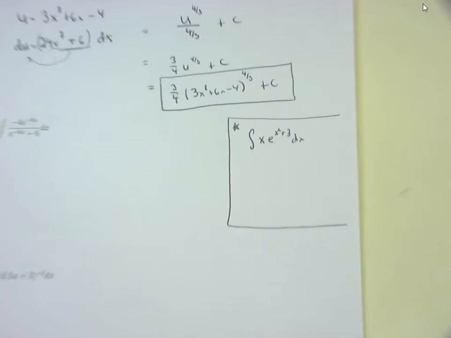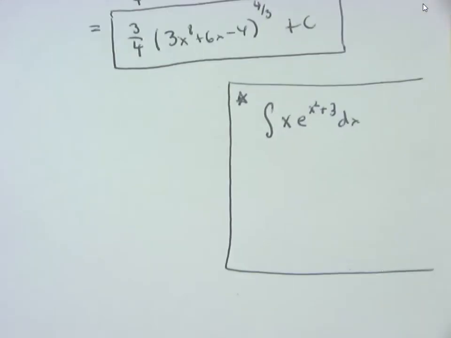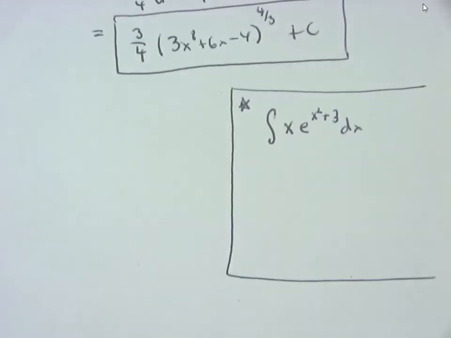I'm going to come over here and blow this one up to the side of the page. I'm creating a new problem for you. I want to integrate x e to the (x squared plus 3) dx. This is not a rule I have memorized. I have the integral of e to the u memorized, no problem. That's the easiest one in the world, e to the u plus c. This isn't e to the u. Or is it? With a u-substitution, what are you going to let u equal when you have an e